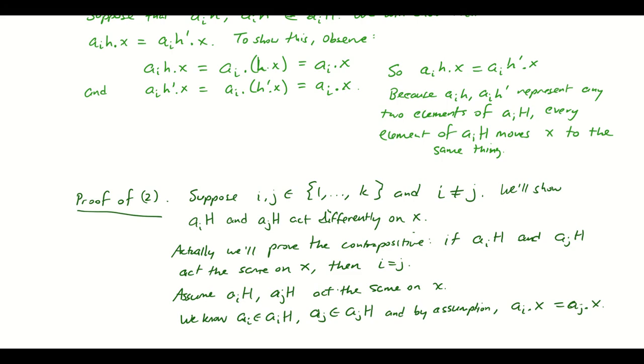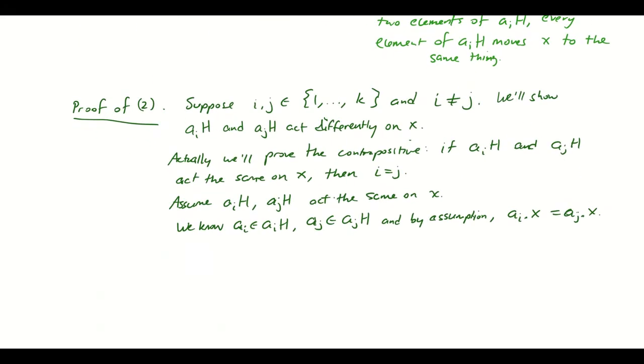Okay, now here we're going to do a little magic trick here. We're going to turn that into somewhat more useful information. I know that AI.x is the same as AJ.x. I'm going to act on each side with the inverse of AI. That should still give me the same result because I'm just acting on the same set element with the same